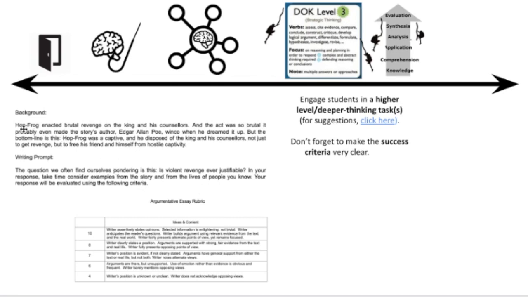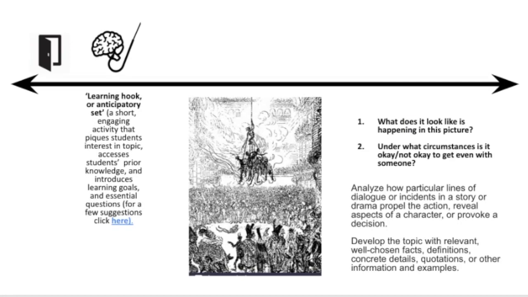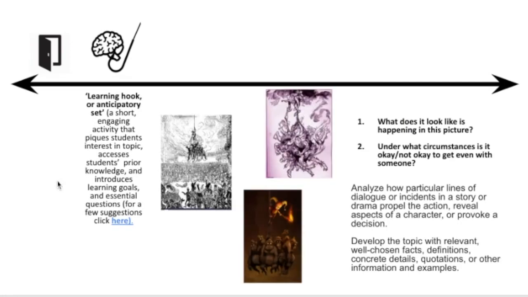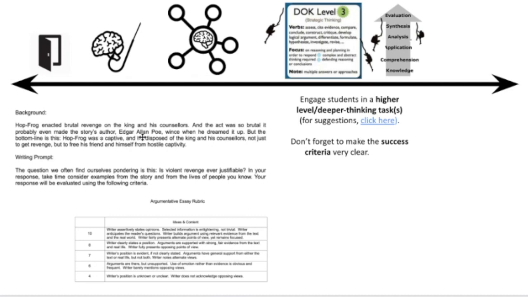After reading the story, Hop Frog enacted brutal revenge on the king and his counselors. In fact, if you're not familiar with the story, he actually tricked them into putting tar all over themselves, and then he chained them up, pretended they were playing some baboon game, and then just burnt them all to a fiery crisp. It was absolutely horrific. And so we might give them this prompt that says,